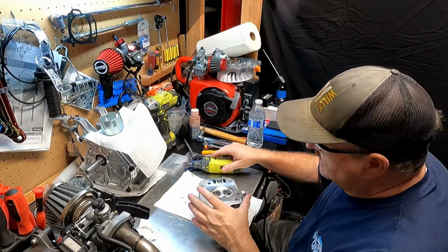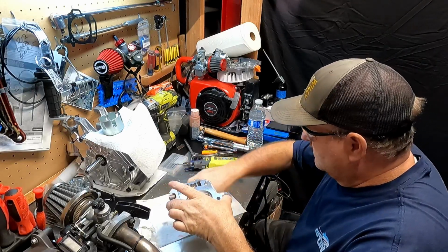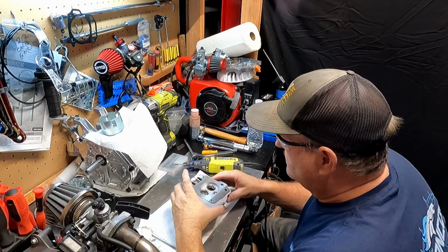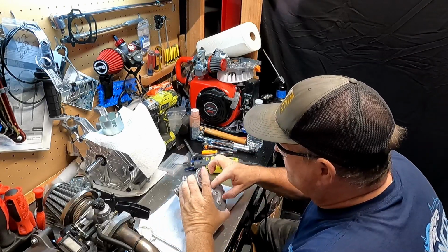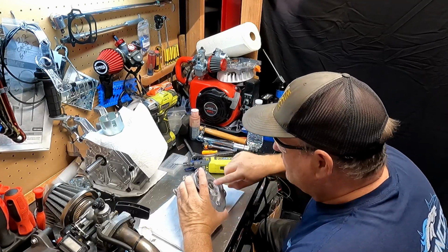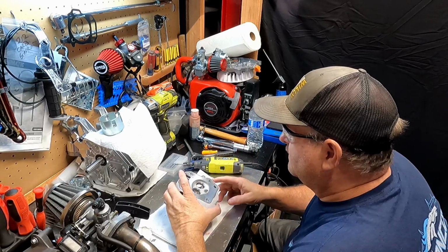Now you don't want to undercut too much and create like a bowl in there. You want to just flatten it out. Just take out the excess material right there. Like I said, I'm going to leave one side kind of still like it was. I only took out a little bit of material on the bottom,